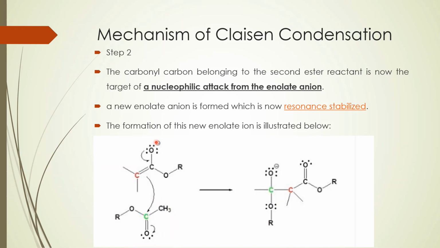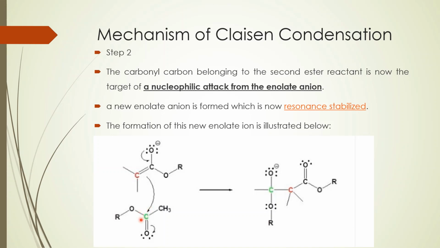Here this negative charge on the enolate ion gets shifted here for the formation of a carbon-oxygen double bond. As soon as the double bond between carbon and oxygen forms, the bond between carbon and carbon, that is the double bond between these two, will open on this carbon atom. When the bond opens on this carbon atom, this carbon atom becomes negatively charged, and this attacks this carbon atom of the second molecule of ester, which is electrophilic in nature.